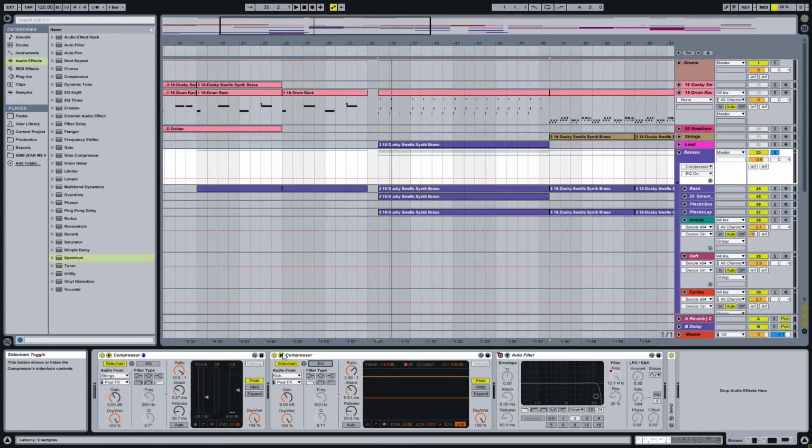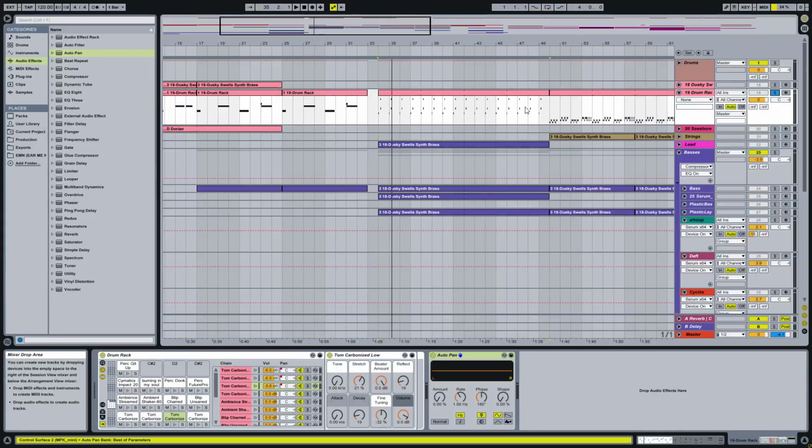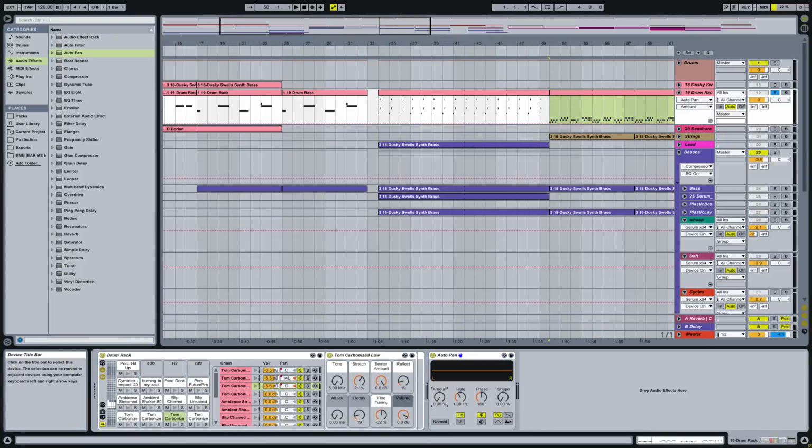So moving on from our compressor, next on here we've got auto pan. I don't think that I have auto pan anywhere on here. We'll go ahead and throw it on this though, because this will be an interesting place to have it. So auto pan, pretty straightforward idea. Makes it a lot easier to have something moving left and right than it would normally be if you were trying to draw in the modulation for the panning by hand, because I've had to do that in Reaper and it's not fun. So what you do is you pick a wave,